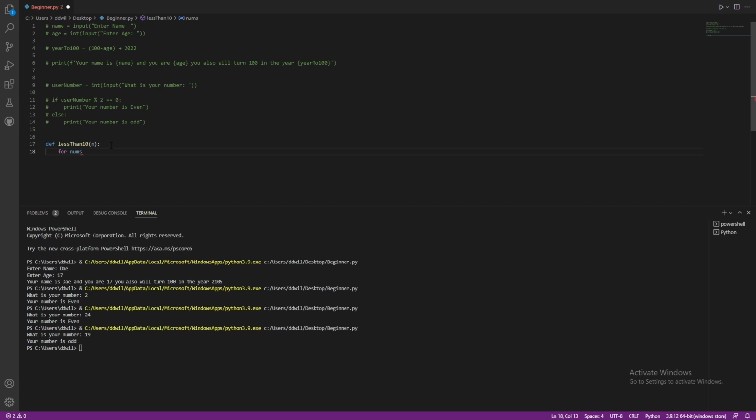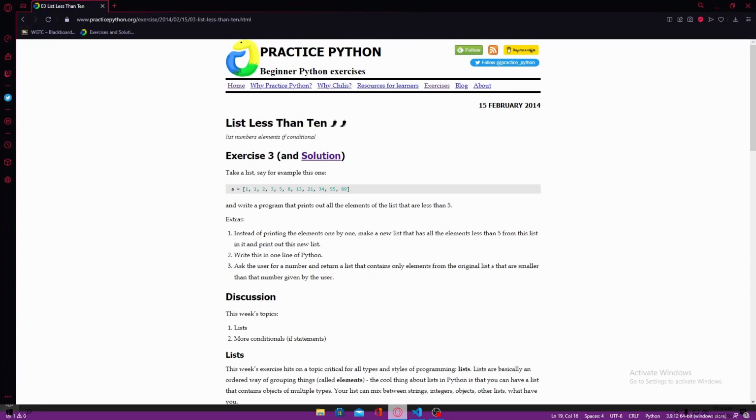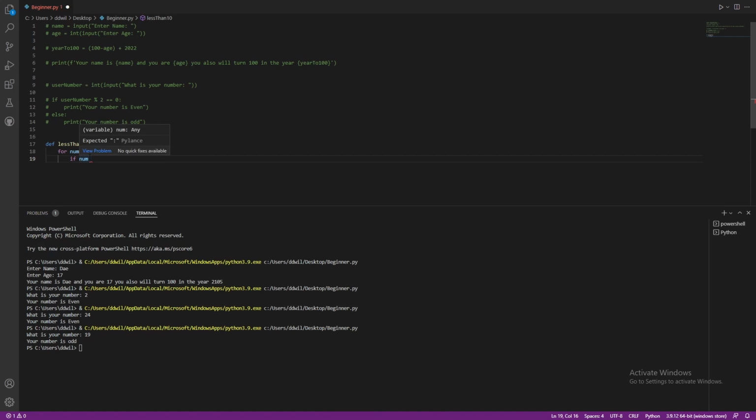For nums in n, if num is less than 5, right? Let's start less than 5, so not including 5. If num is less than 5,